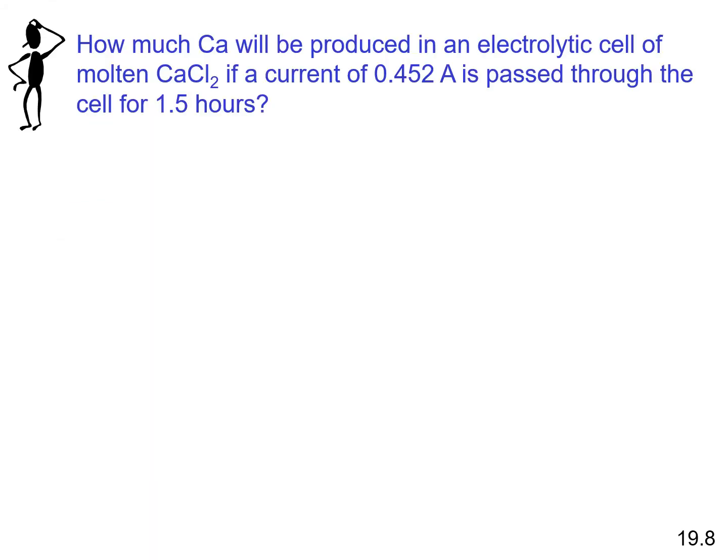So here's the sample problem. How much calcium will be produced in an electrolytic cell of molten calcium chloride if a current of 0.452 ampere is passed through the cell for 1.5 hours? So again,